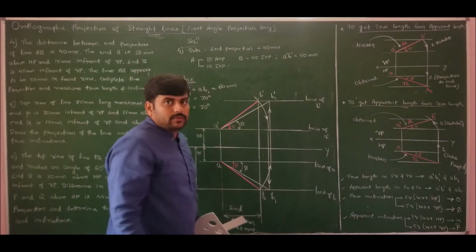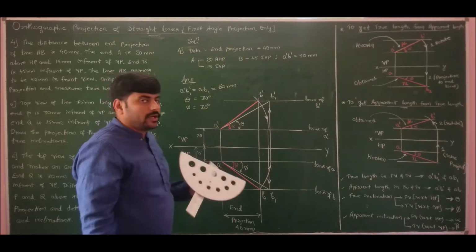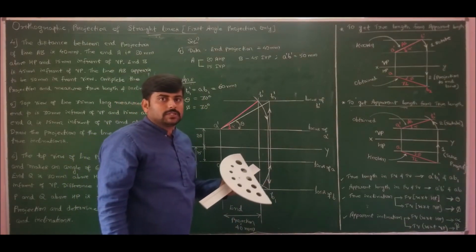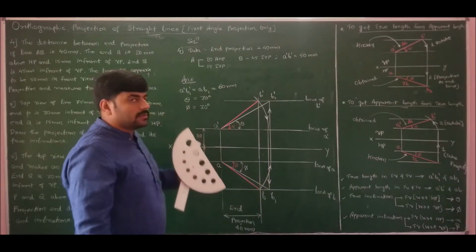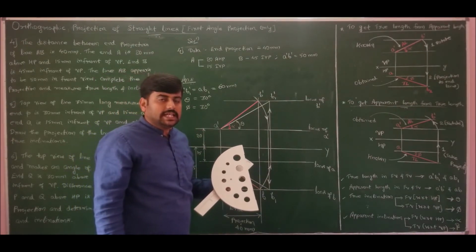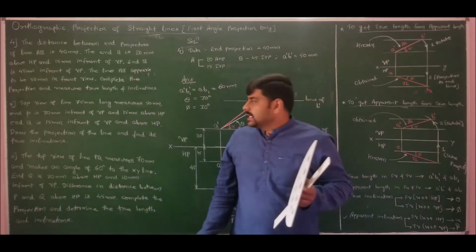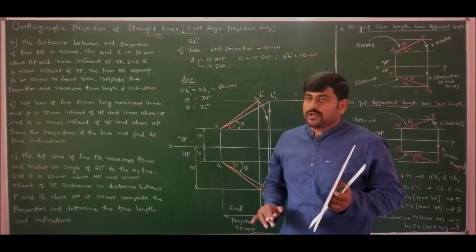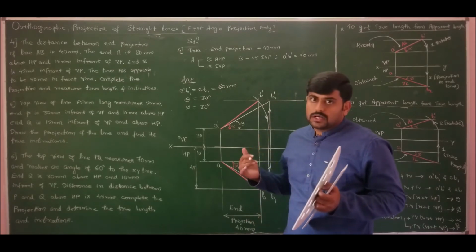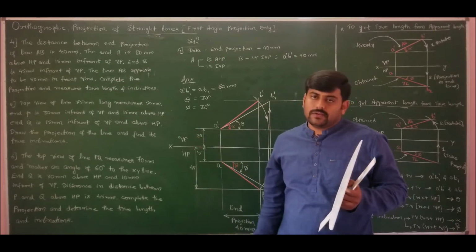There might be a minute error. This is because we are drawing geometrically. There might be geometrical errors in angles, that is plus or minus 2 to 3 degrees. If you solve using software, you will get the exact answers. Let me pause this video for a while so that you can copy it down. Later we will solve problem number 5.